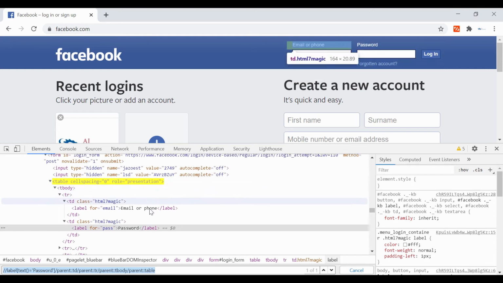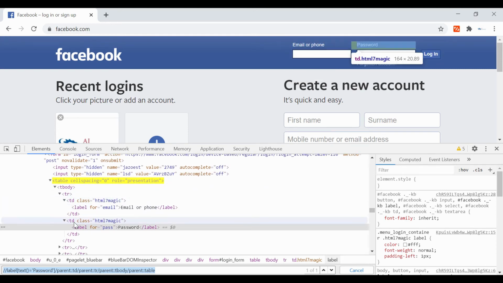So for this label, td is the immediate parent, tr is the grandparent, then tbody is the next ancestor. So let's say you want to go from label to table directly. From here we are at label, right?